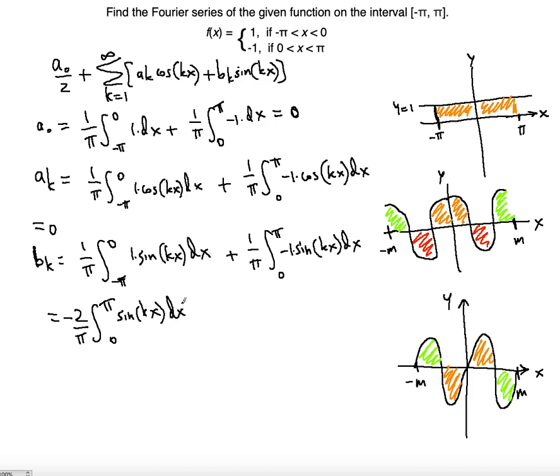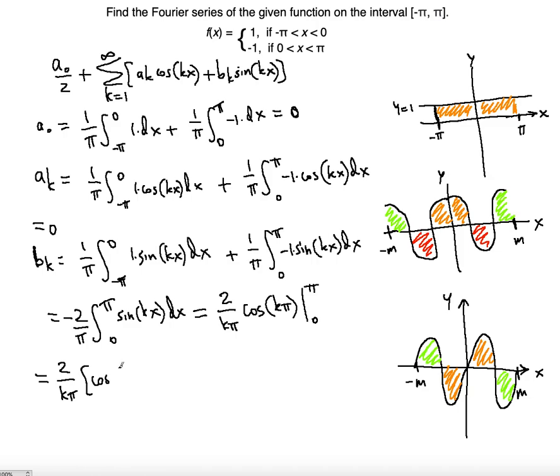Okay, so now that you do this, you're going to have this result, 2 over k pi, right? Because the antiderivative of sine is going to be negative cosine. Negative with the negative gives you positive, right? 2 over k pi is the result. Cosine k pi evaluated, using the fundamental theorem of calculus from 0 to pi. So which gives you what? This gives you 2 over k pi